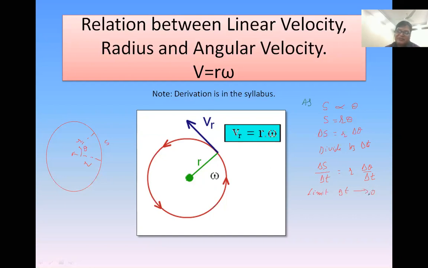The reason is that if we want to derive any equation, we derive it for a short time. If any equation is correct for a short time, it will be correct for all large times. You write this one, otherwise he will deduct 1 mark. Now look, what is S over t? This is the simple velocity. r stays as it is. What is theta over t? Omega equals theta over t, my dear students. Change in angular displacement over change in time is omega. That's the derivation completed.